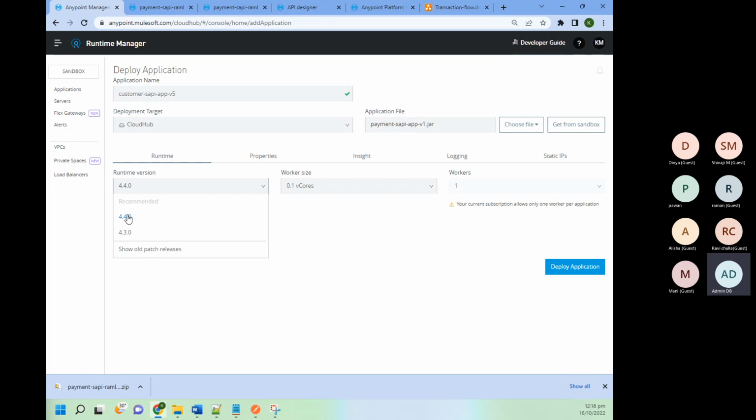So you need to check with your team which runtime they want to use. If it is a completely new project, then definitely you should select the latest one. But if it is an existing project, whatever runtime they are using, you should continue with that one. Now coming to the worker and worker size. As I mentioned, if you go